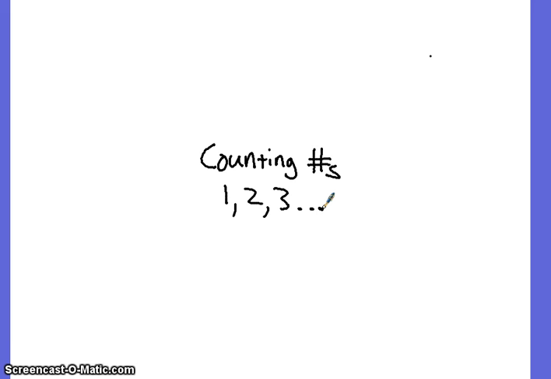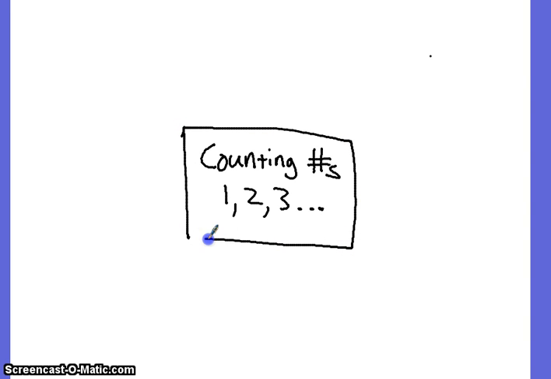So all your counting numbers are the numbers that begin with 1 and anything bigger than 1. And they're only whole numbers. I shouldn't even use that word, but they are the numbers 1, 2, 3, 4, 5, 6 until the end of time. It's an infinite amount, but only starting with 1. Okay, if you got that concept, draw a box around it. Just like so. So, counting numbers.